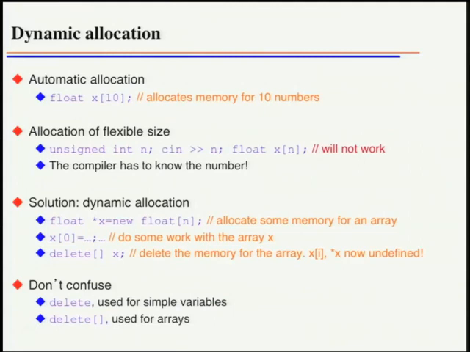So to make really use of that, you use dynamic allocation, which is opposed to automatic allocation, where you just, by declaring an array of size 10, allocate memory for 10 numbers. This has a lot of limits, because if you only know at runtime how much memory you need, you cannot use this automatic allocation. So in this case, we want to read the size of the array from the user,